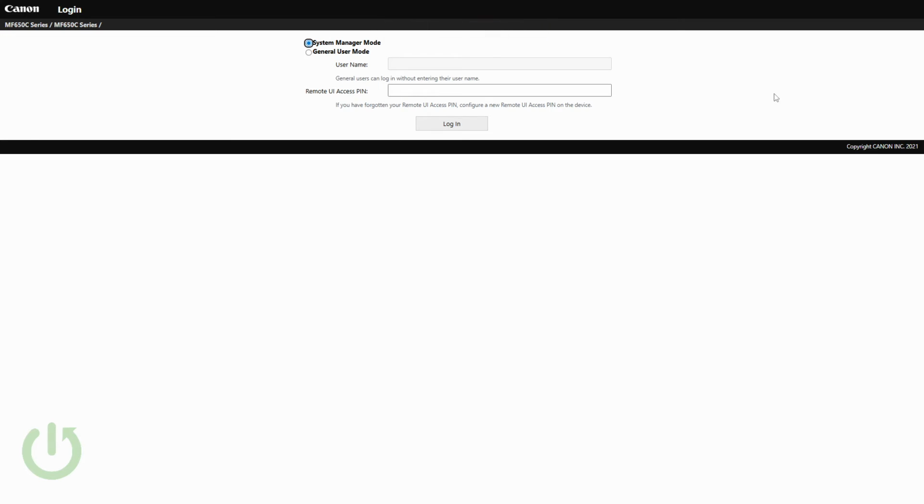So as you guys can see, I am on the website of our Canon. Now we need to select the system manager mode and then enter the remote UI access pin. For me it's 1234. It might be different for you. If it is different though and you do not remember your access pin, then you guys can set up a new one in the printer. Let's click login here,